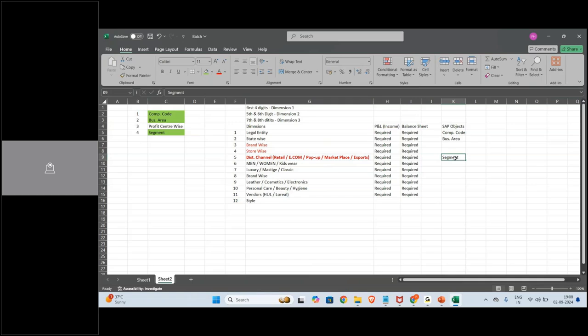Correct? Then previously in my master data, the moment I enter profit center, based on the attribute, it will populate my segment also. Now, if it is not getting populated, every time you do FB50, F-02, ME21, MIGO, or sale order VA01, wherever you are doing a transaction, it has to go and determine the distribution channel. Distribution channel is coming from the sale order. Based on the sale order only, you will get distribution channel.